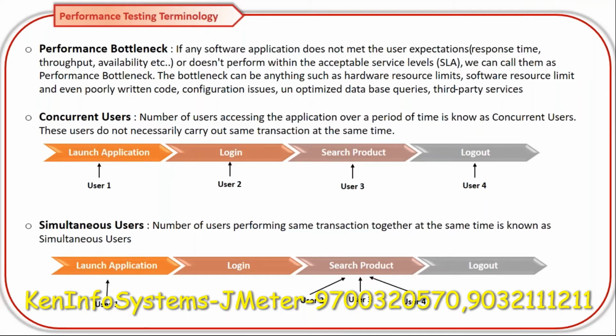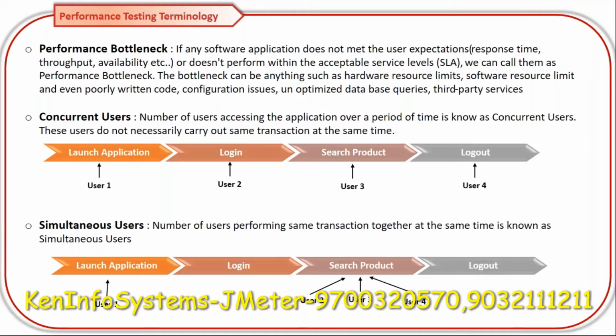Okay, we can call them performance bottlenecks. A bottleneck can be anything. Sometimes it is due to poor hardware configurations. If the application is not performing well, there could be a lot of reasons. If the CPU and memory are not good for the server, not as expected, like let's say